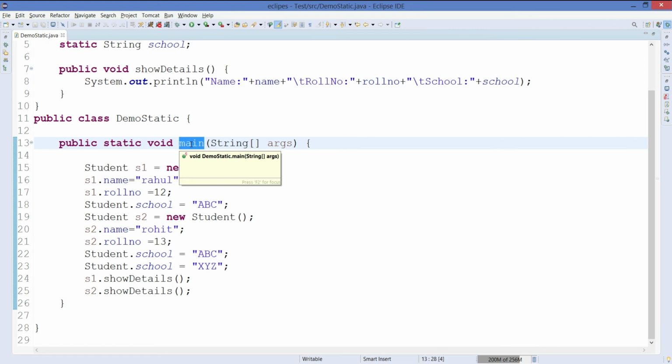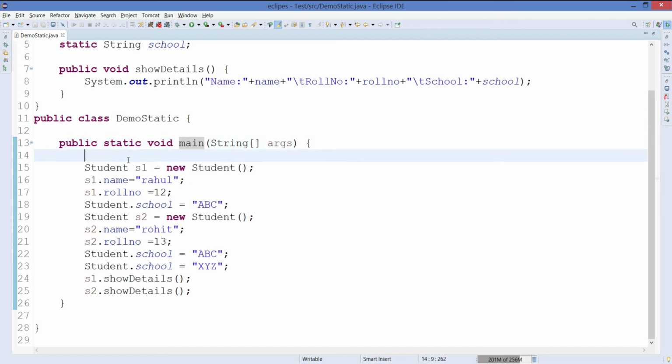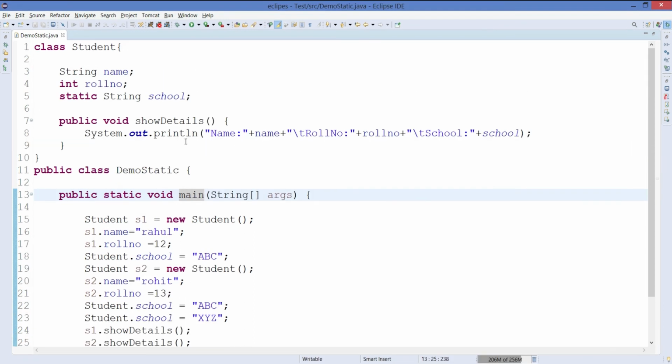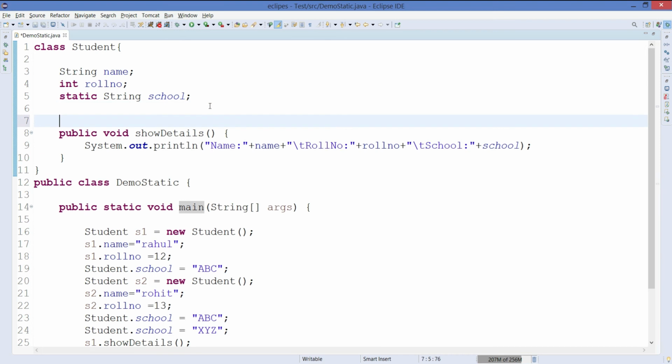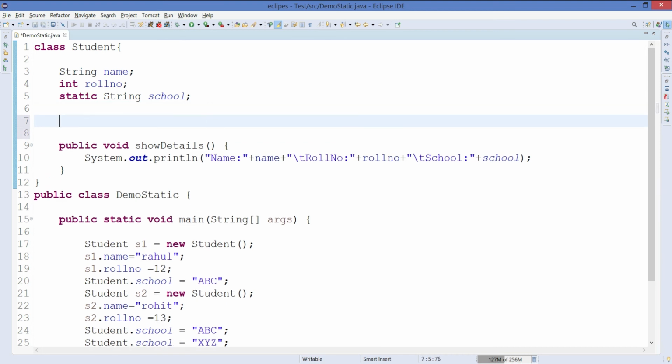Even if you don't create the object, it runs automatically. So without the need of any object, you can use the static keyword. So that's the static method that you can see here. That's all about the static method, and the internal working is also exactly the same. At the time of class loading, it is going to load all the static methods. That's the point. Next, we will see about static blocks, which is a bit confusing, and most people get confused in the sequence also.